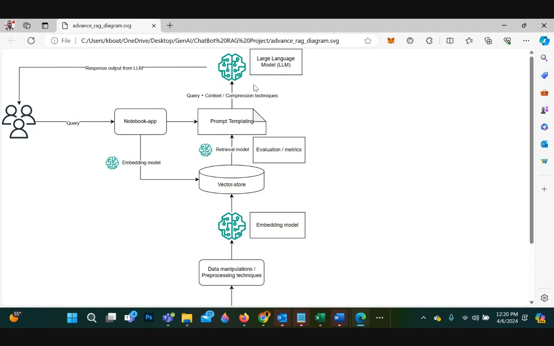So you're going to overflow the window. How do you handle that? Do you chunk this data and query the LLM in a sequential manner to get different results, and then combine those results and push them back into the LLM for a final response? So these are different things that need to be looked at to really create a high performant RAG or advanced RAG.